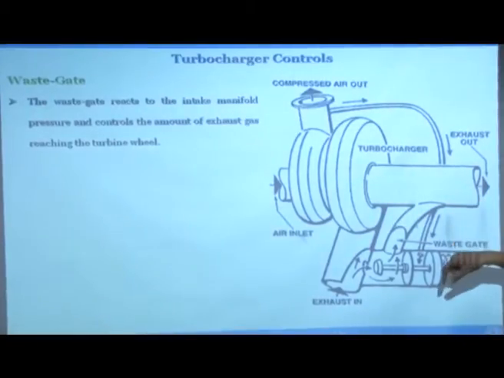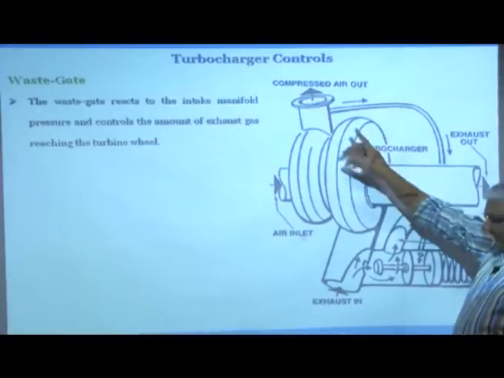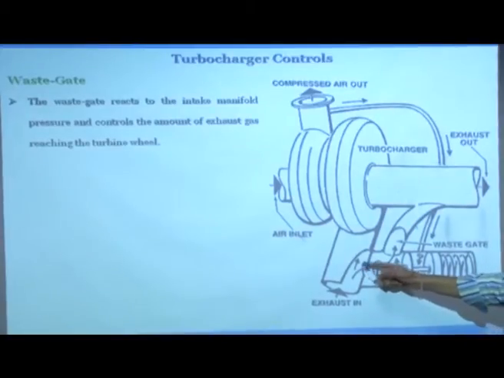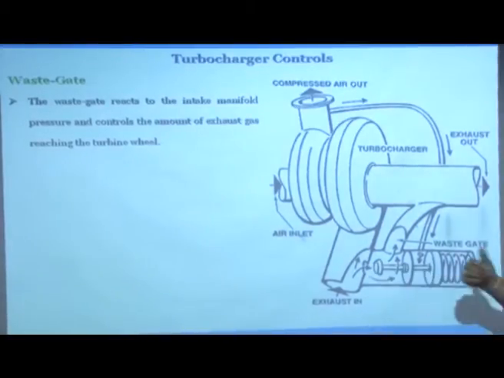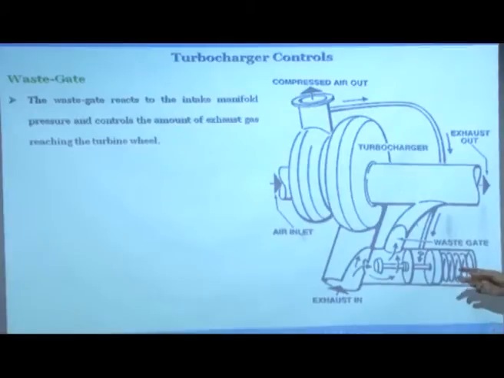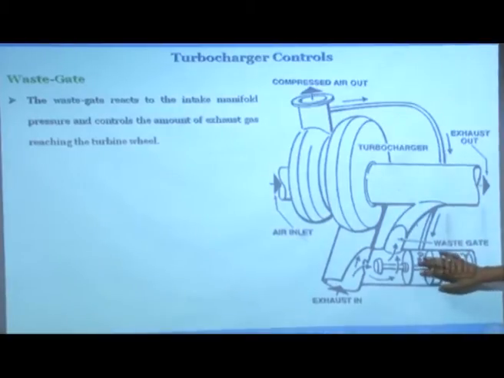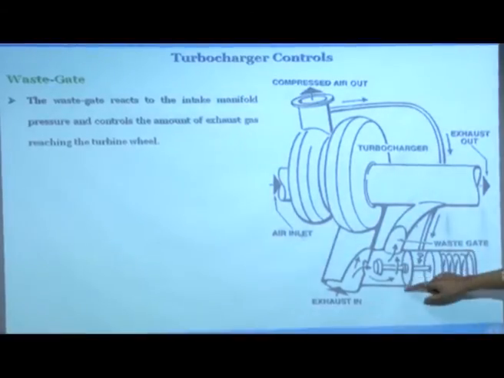How does it work? Suppose the boost here increases. This is the mechanism, there is a spring here and there is a slit. Basically this is like a cylinder, and there is a stopper here, this stopper opens this opening. This is a fixed slit, and once the pressure increases, this piston is pushed. Once the pressure is more than desired, that pressure will be applied here in this chamber and this piston is going to be pushed. This is fixed.